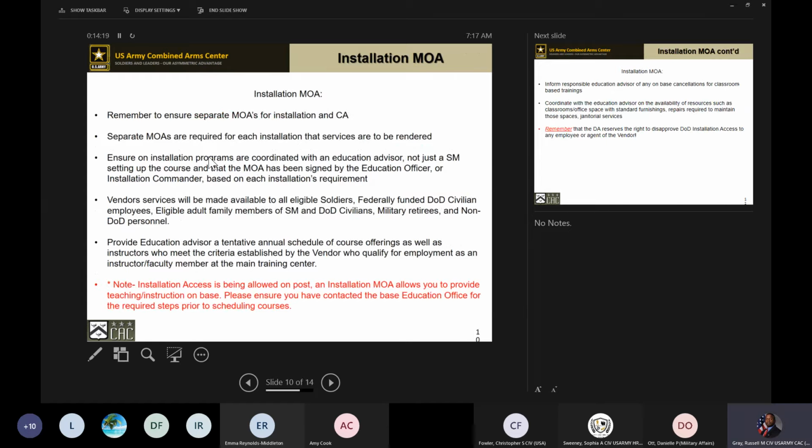Again, remember the MOAs for the installation and the MOU that's provided by the Education Office, and then the MOA with the CA program are all different processes. Make sure that you look onto the Army Cool webpage, and that website is